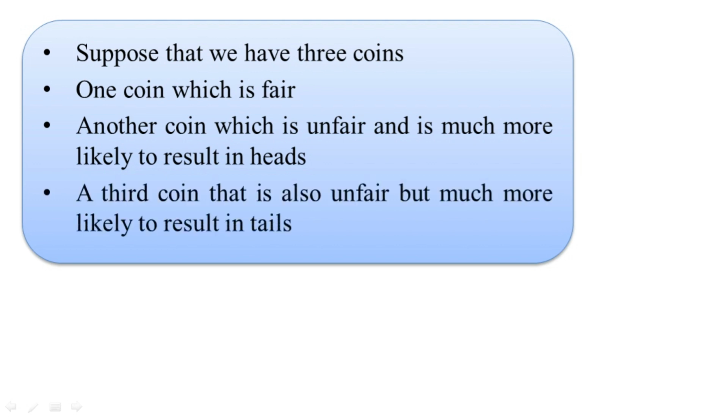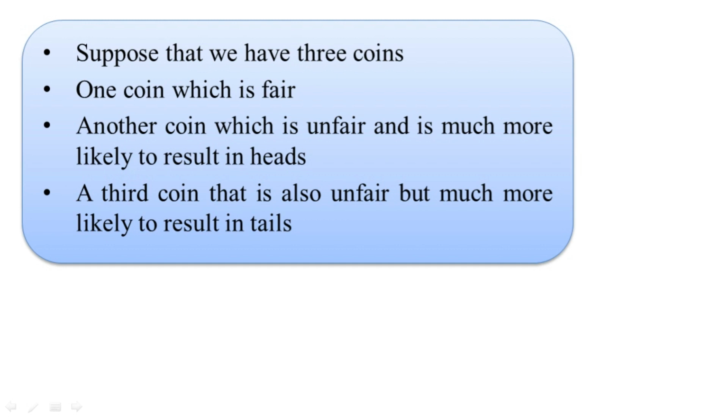Whereas if we take the third coin, this third coin is also not a fair one, so here it is likely to result in tails. So it is very essential to understand the difference between the fair coin and the unfair coin. A fair coin is one which results equally in the number of heads and the number of tails. Hence we assign the probability values 0.5 for heads and 0.5 for tails. The addition of the two will result in one.